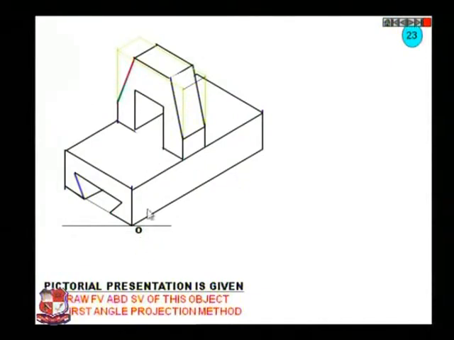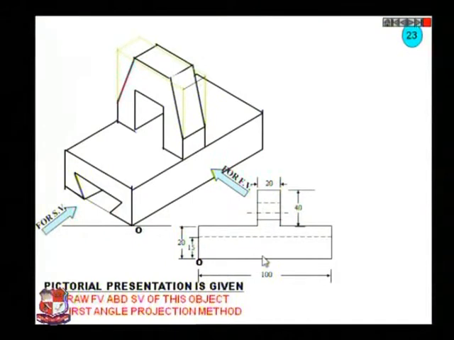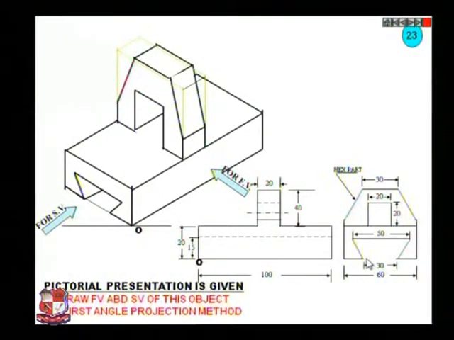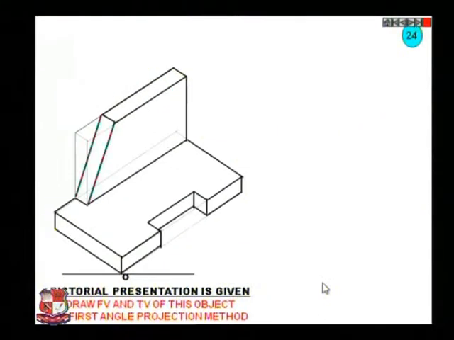Next problem, this is the problem, front view and side view. This is the front view of this problem, this is the side view of this problem. It's a hexagonal part as shown over here. So this is the solution of this typical problem. Width is 100 millimeter, and this dovetail cut which is here is represented by the dotted line in this front view and dovetail shape in this side view, and this is orthographic projections of this case. Front view, left hand side view.